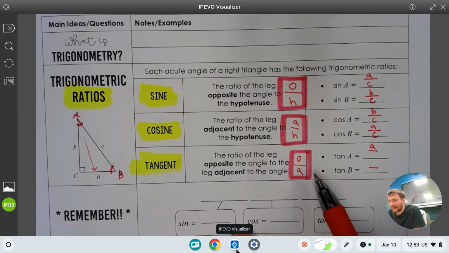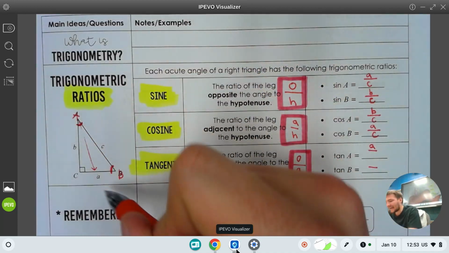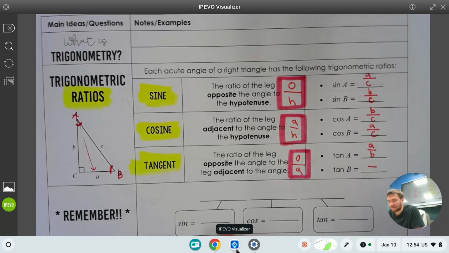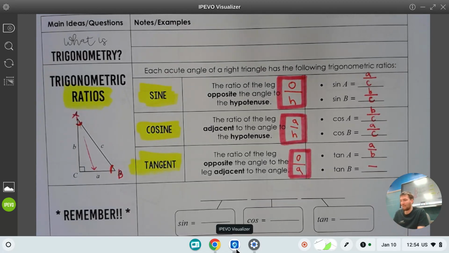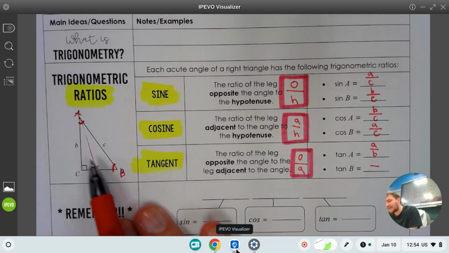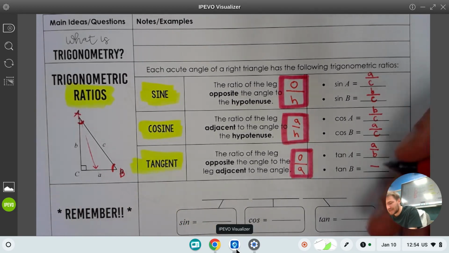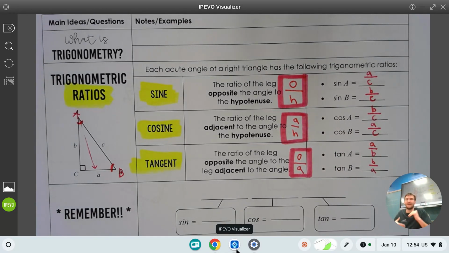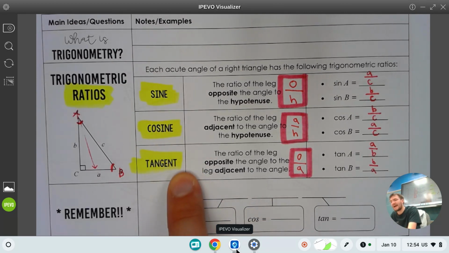All right, so if the opposite is A, what's the adjacent? It's B. So we should have A over B. And when we go to angle B, what's the opposite, and what's the adjacent? So we should have B over A. This can be a bit of a brain twister, tongue twister. But just slow down, make sure you know where you're starting, and basically you have these 3 fractions,